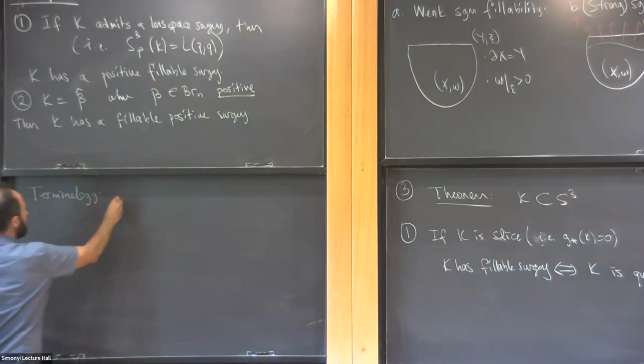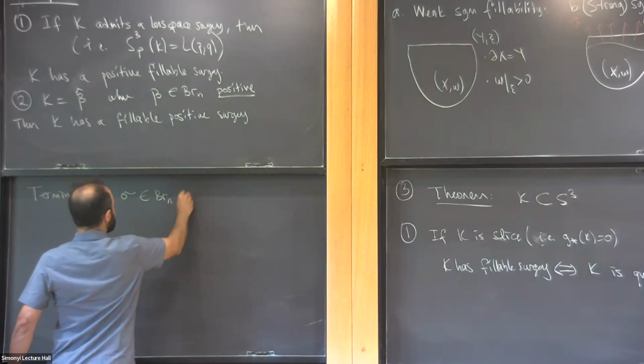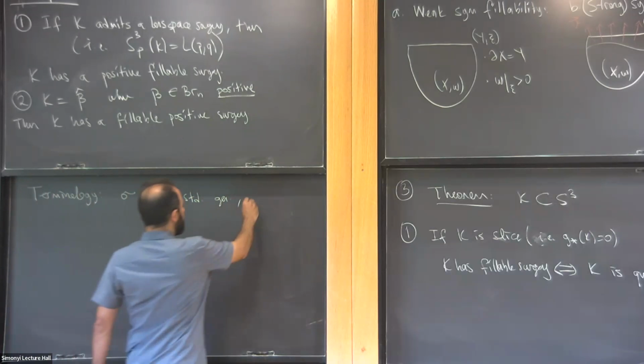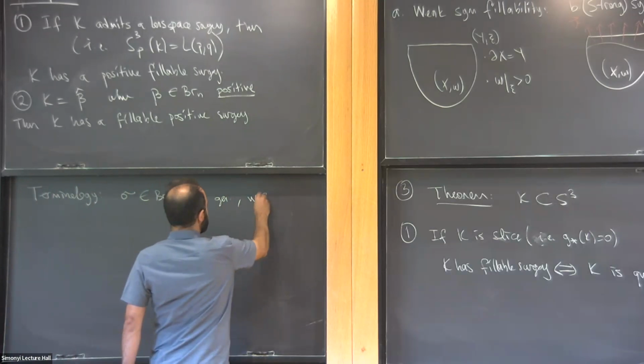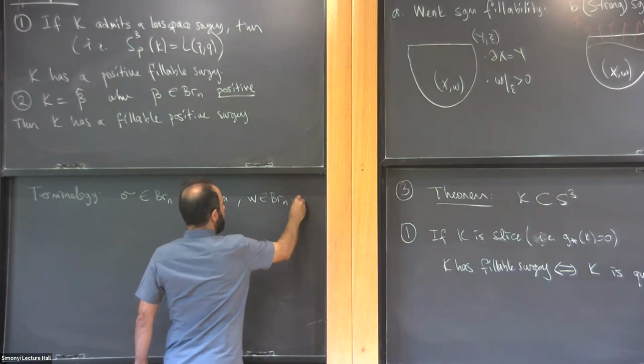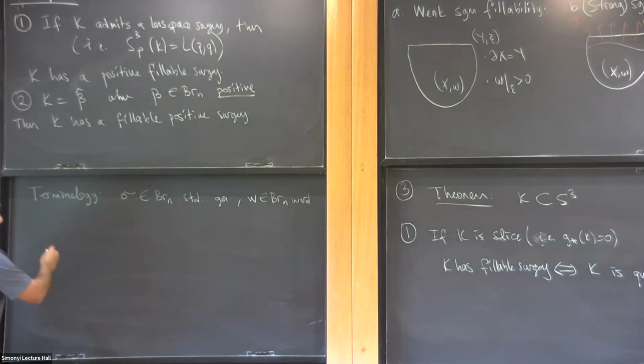So for this terminology, I will choose sigma to be a standard braid generator. And I will choose W to be just a word in the braid group. I don't care, just a word, made of the positive or negative generators in whatever form. So here is the notation. We say